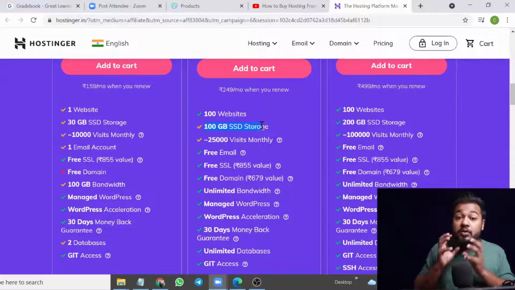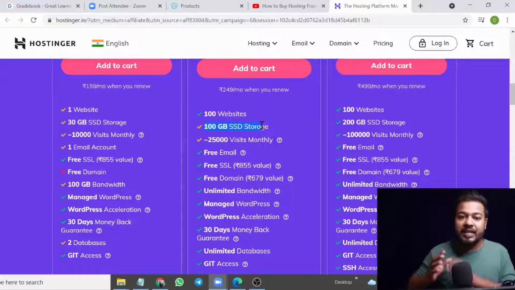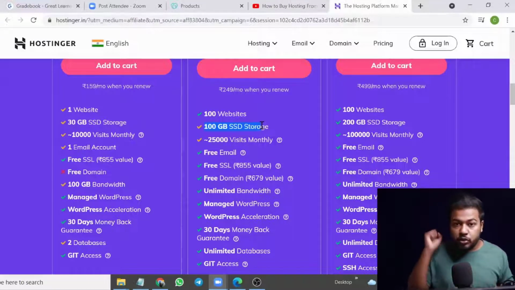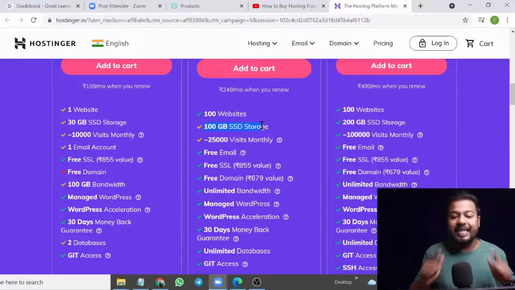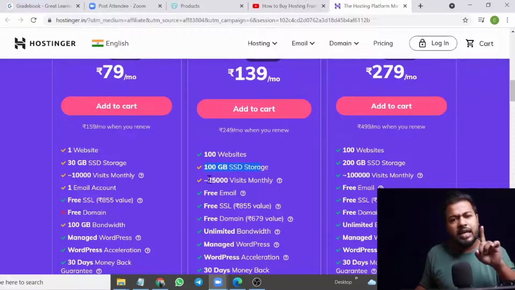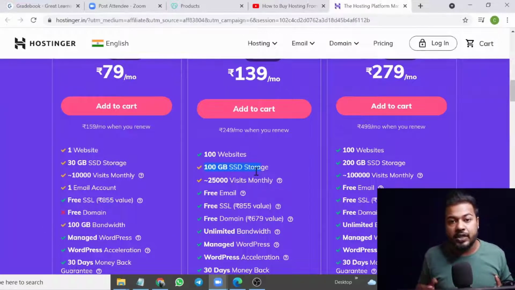The same applies because you are using internet space, so that also needs to be SSD, so that your server speeds up in future. If my website should open within 2 or 3 seconds, then it needs a proper super-fast server, and SSD stands for that. So I told you two things: if you are looking for one single website, you will go with this plan. If you have multiple website projects, then you will probably choose these two.